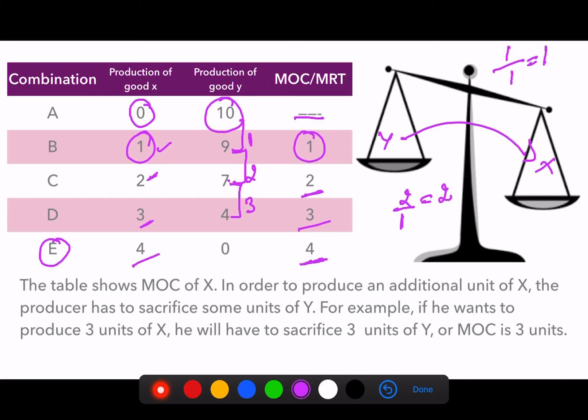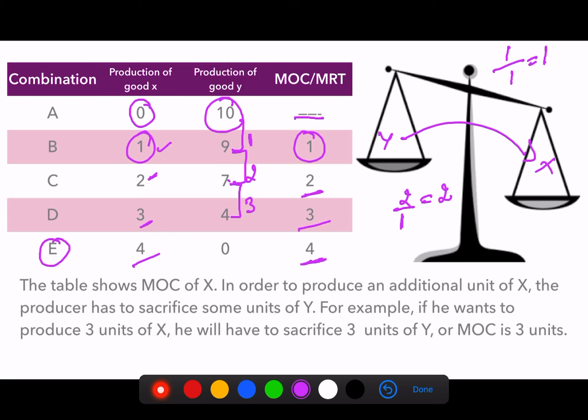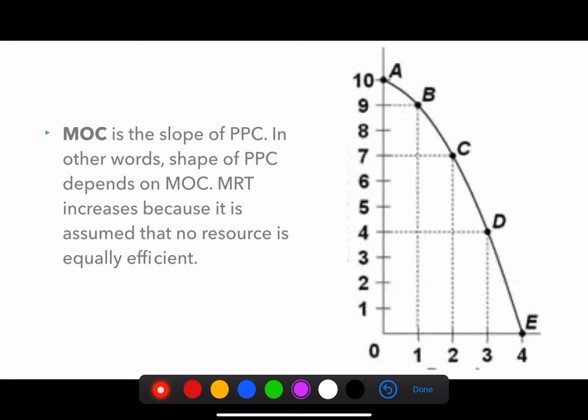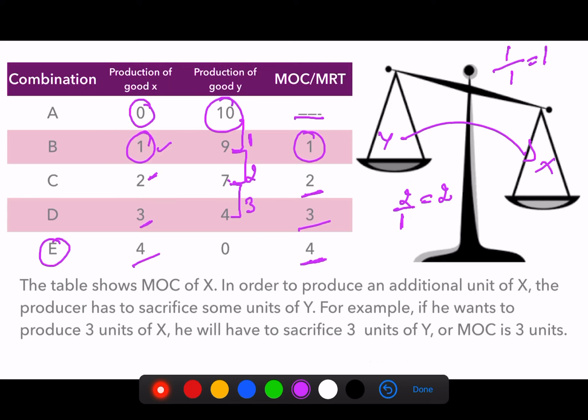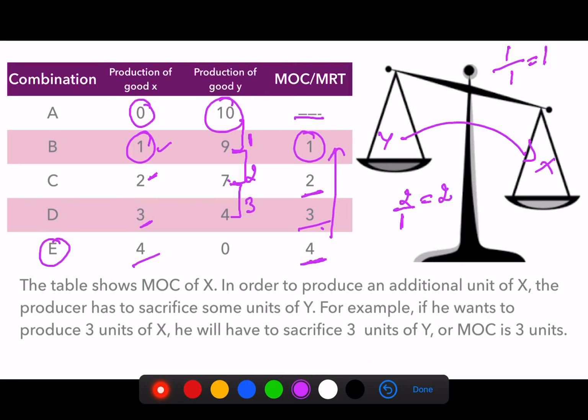Now this table shows the marginal opportunity cost of X. Now if we plot these figures, production of good X and Y, on the graph, we will get a concave shaped curve. Now this MOC is the slope of PPC, or the shape of PPC depends on MOC. As you can see in the table, as the MOC or MRT increases, it is assumed that no resource is equally efficient, because you can see in the table also, when the producer wants to produce the first